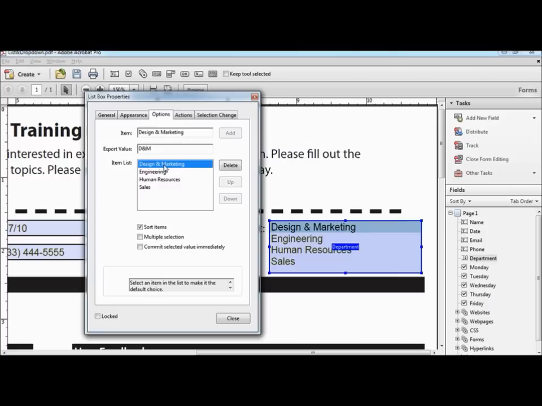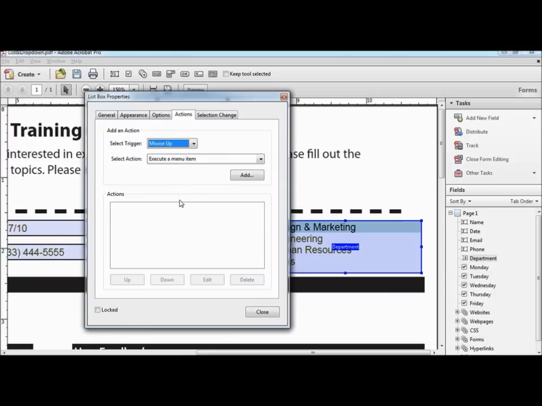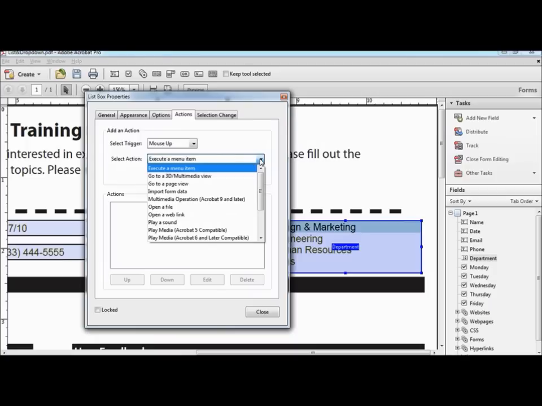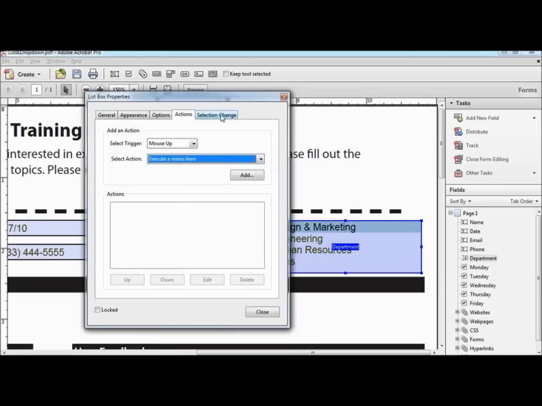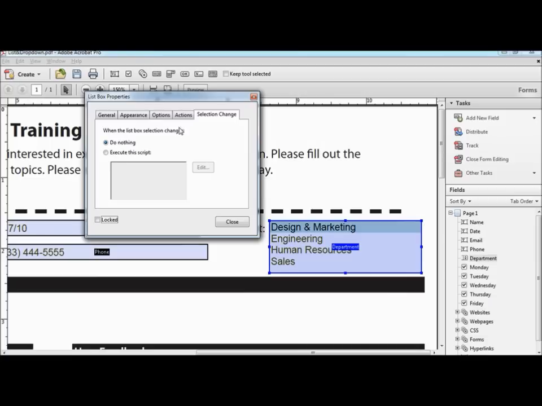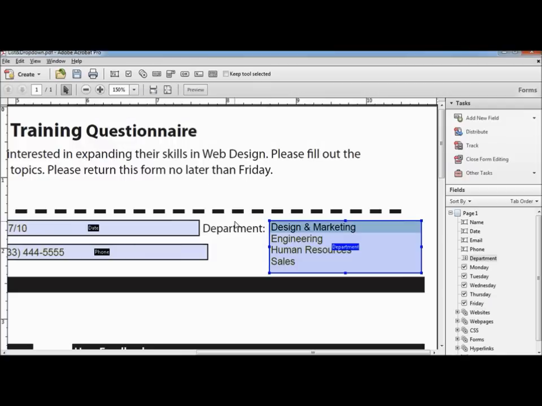If no such option exists in this list, then typically I like to select the first item in the list. If you want to make sure that the item that's selected is automatically exported, choose Commit Selected Value immediately. When you're done with your list, click the Actions tab. As you can with any Acrobat field, you can add dynamic functions to your list boxes. The list box also offers an additional option of being able to run a script whenever the selection in the box changes. When you're done formatting your list box, go ahead and close the dialog box, and let's preview it